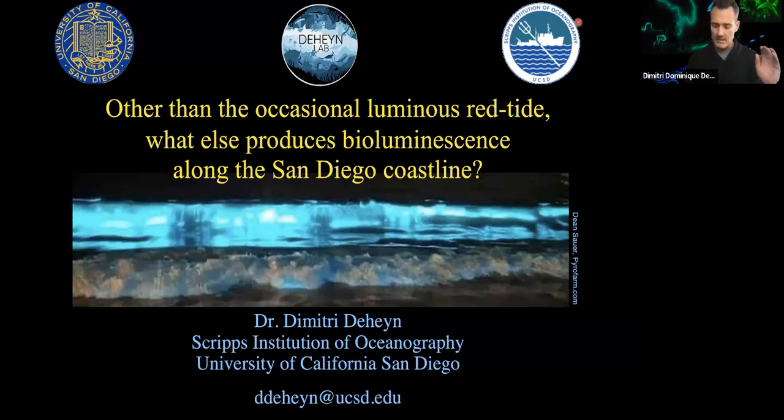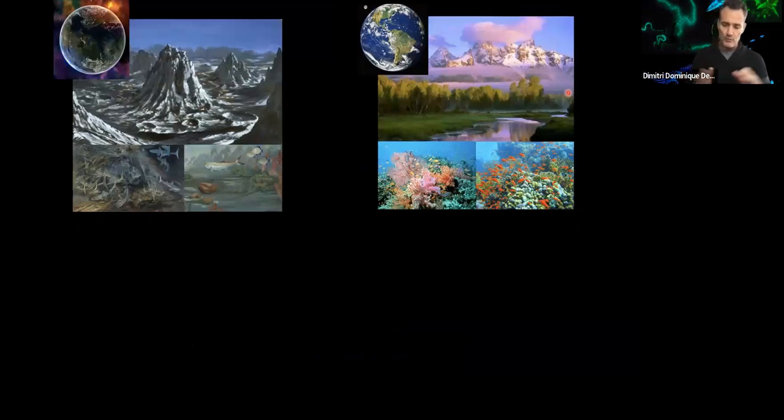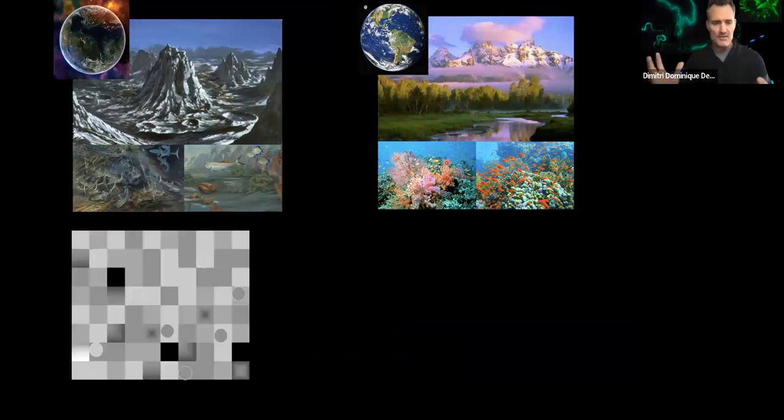So as a biologist, I believe in evolution and that organisms have adapted to where they live. And so if you consider that planet Earth was a pretty dark and non-colorful space millions of years ago, it has evolved into something very, very pretty and full of color in what we know today. And so if you can visualize that as the squares here being the different environments and the organisms living in these environments being the circles, as an organism, you want to match where you live so that you are camouflaged and you are not seen by any predator, or you want to stand out of your